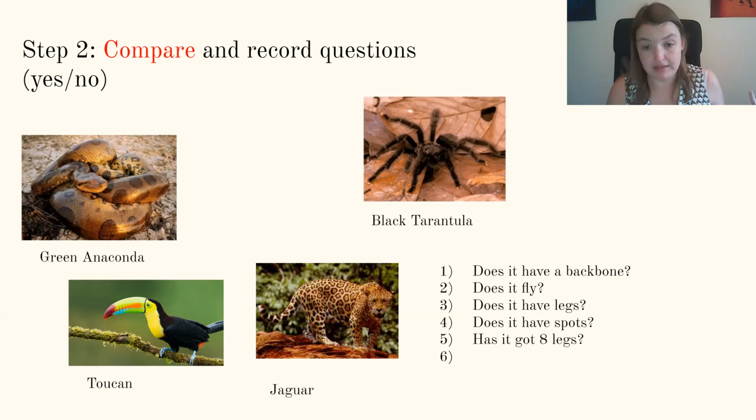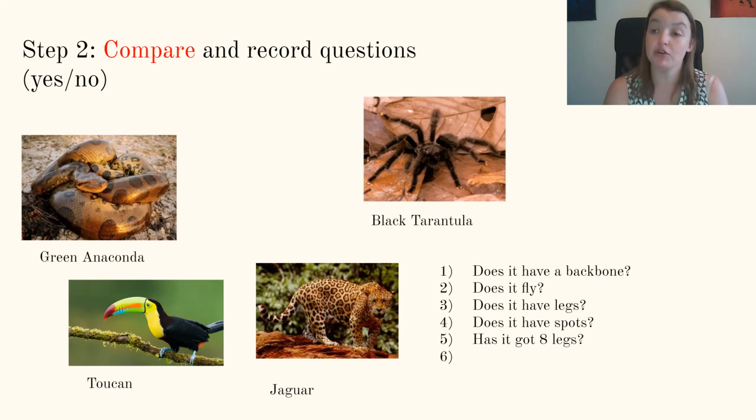Well, the only animal there that flies is the toucan. Does it have legs? Well, the snake has no legs. Does it have spots? 2 animals there have spots, but 2 do not. Has it got 8 legs? That would help you find your spider. So once I've compared my animals and I've thought about some key questions, remembering that my answers to these questions must be yes or no, I then can start constructing my